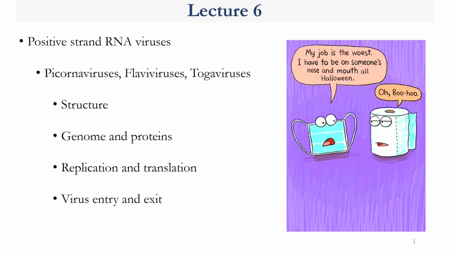All right, we'll get started. And today we're going to be talking about positive sense RNAs. We saw, for example, coronavirus last week, and this week we are going to look at these three sets of viruses: picornavirus, flavivirus, and toga viruses. Okay? So before we get to the lecture,